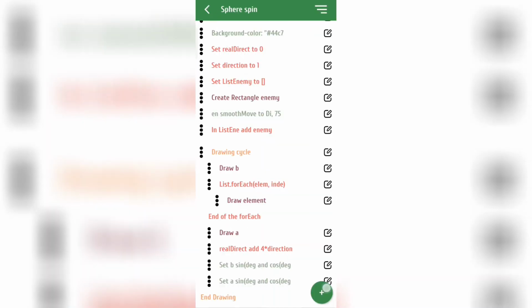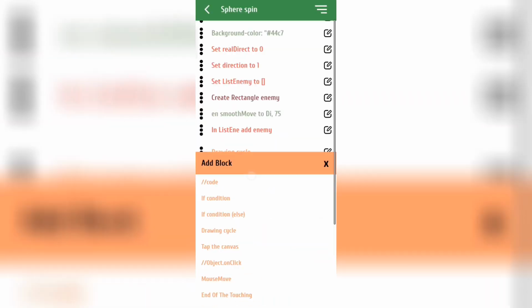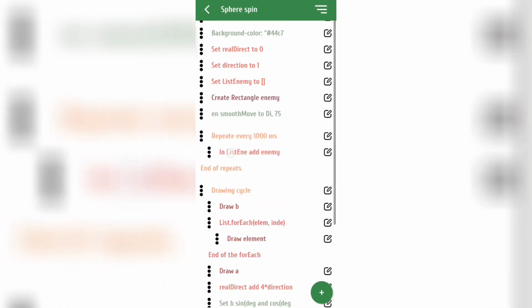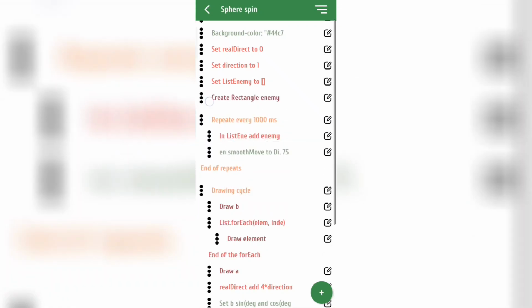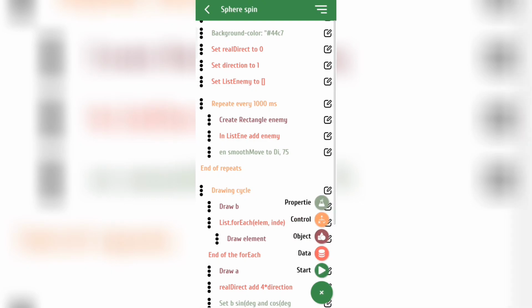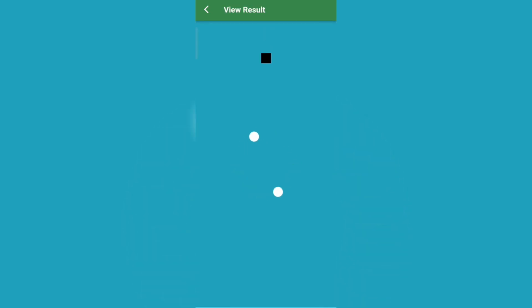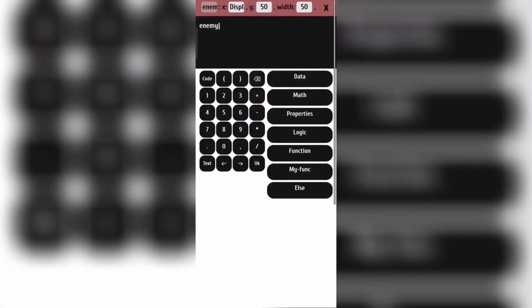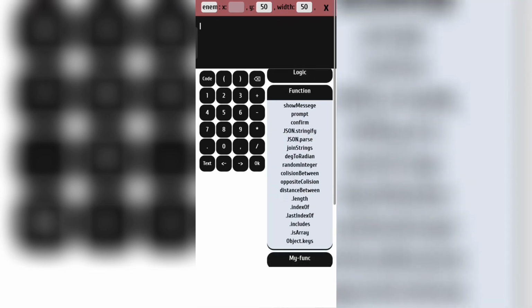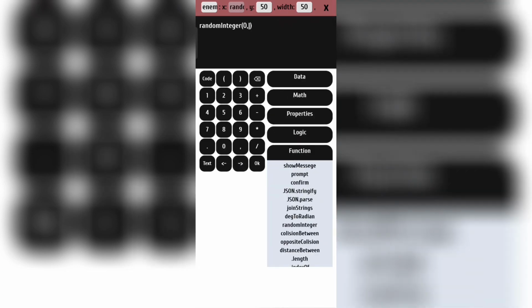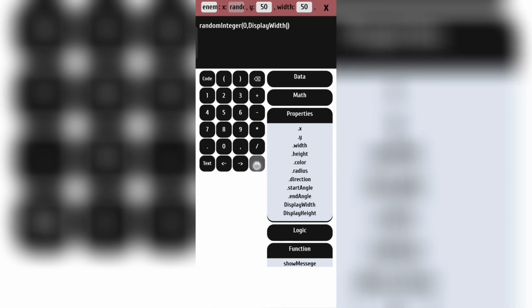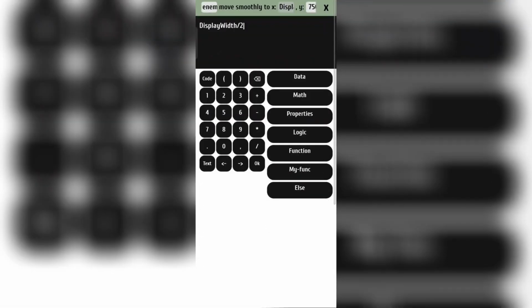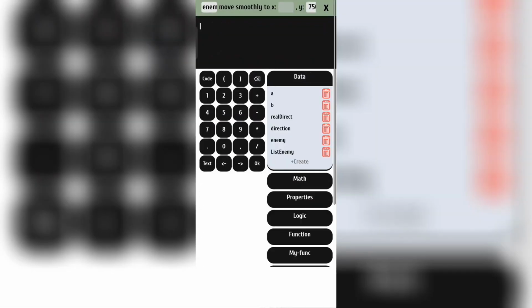But in our project we still have only one square. To have more than one square, we will add a new element to the list every 1000 milliseconds, or 1 second. And you can see how many squares are flying towards the center. Also, the square should appear at a random position from the top, so we will generate a random integer from 0 to the screen width, and they should smoothly move towards their x position.